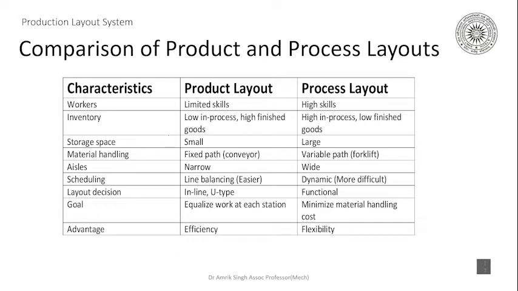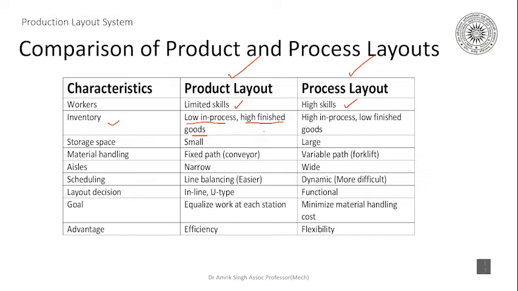So now if you compare a product layout and a process layout, I have tried to give you a comparison. So when the workers are concerned, in the product layout we need limited skill, while in the process layout we need high skill. As far as the inventory is concerned, in process inventory is low, WIP is low, and finished good is high because